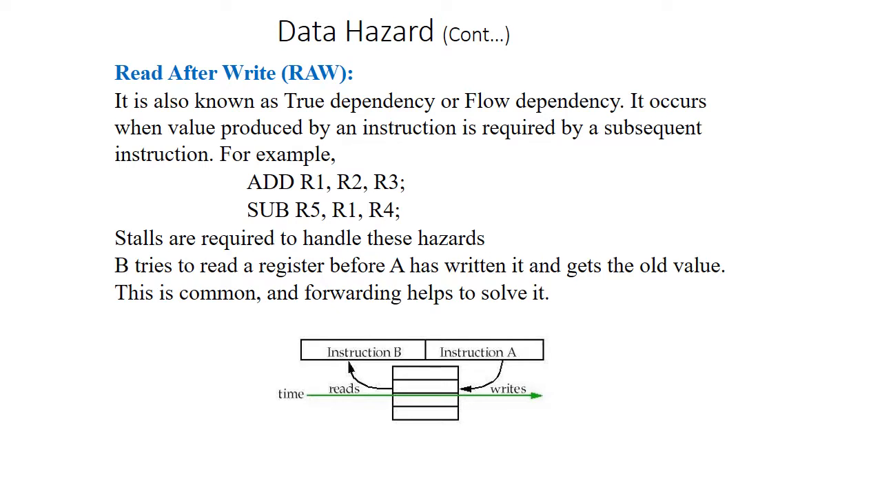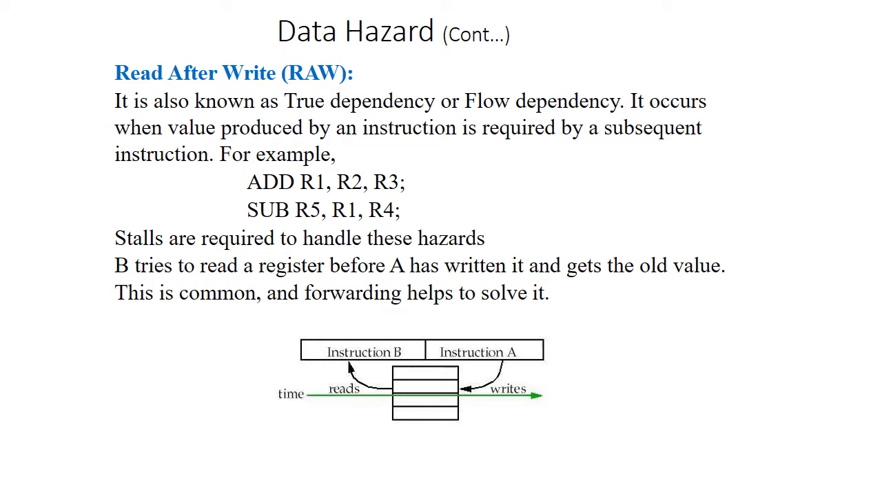The first data hazard is read after write, and it's also known as true dependency or flow dependency. It occurs when a value produced by an instruction is required by a subsequent instruction. For example, here are two instructions. The first one is addition and the second one is subtraction. In the addition instruction, you can see the register values R2 and R3 will be added, and then the value will be stored at R1. That means the value of R1 is written first,